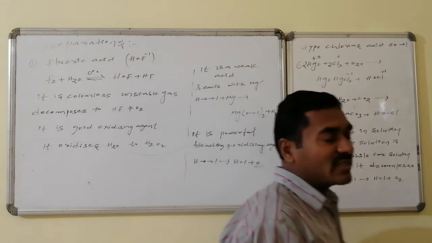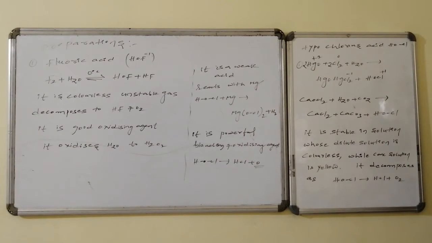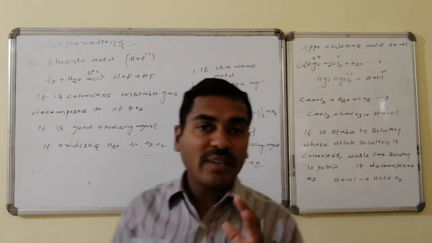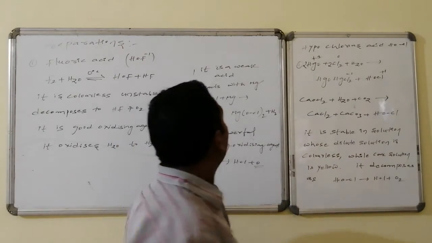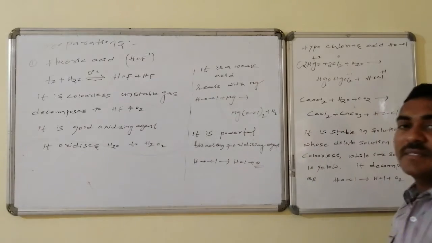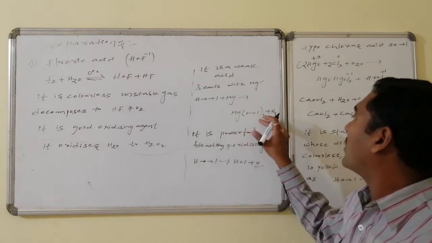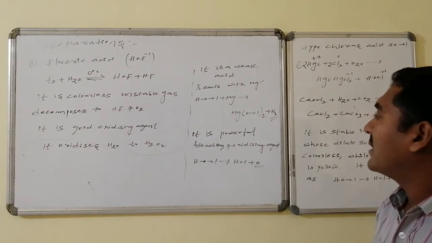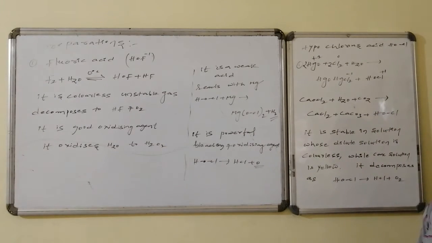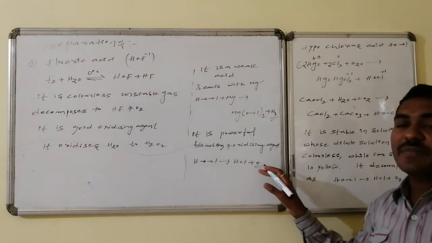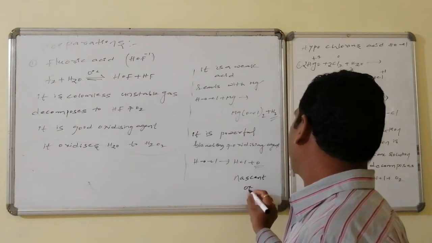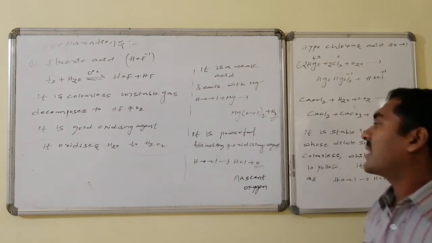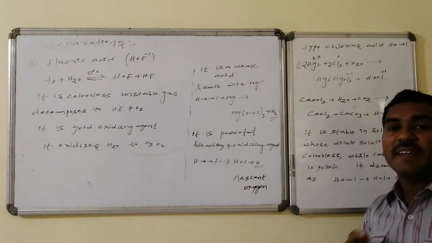And it is stable just in solution, and its dilute solution is colorless, as the solution becomes concentrated, it appears yellow in color and it decomposes as HCl followed by what? Oxygen. Whereas it is a weak acid, it reacts with magnesium and forms magnesium hypochlorite followed by what? Hydrogen gas will be liberated. It is a powerful bleaching as well as oxidizing agent, because it is acting as a source of which oxygen here? Nascent oxygen. Here it is acting as a source of nascent oxygen, hence it is acting as a bleaching as well as oxidizing agent.